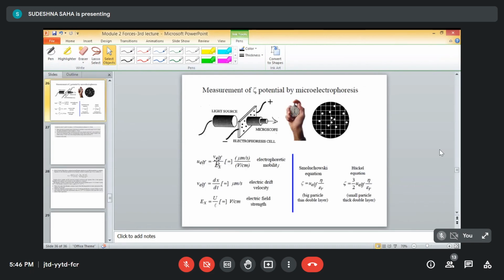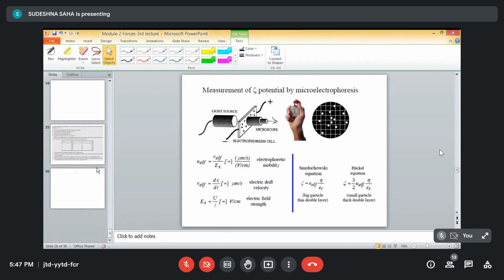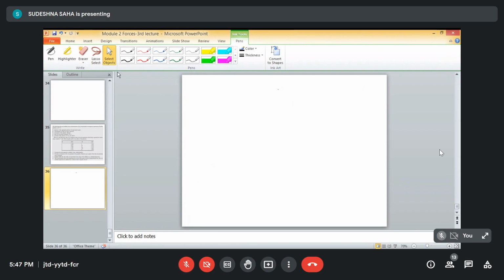So UELF equals VELF by EX, and EX values are given. Then VLF equals dx by dt; instead we can write x by t, so the whole equation will come up to UELF equals x by te, okay, in that format. So we can write u equals to the, এই প্রবলেমটা অনেক সহজ প্রবলেম, আমি অ্যাকচুয়ালি একটা অন্য প্রবলেম করাবো ভাবছিলাম।